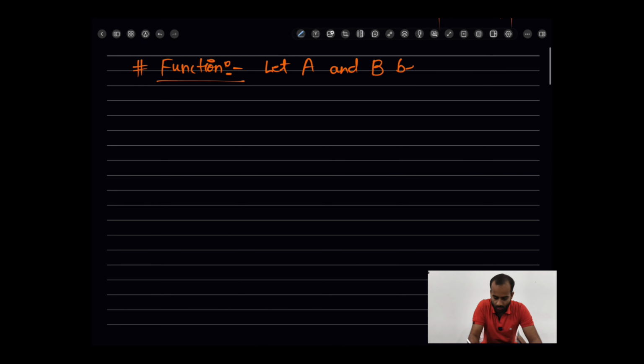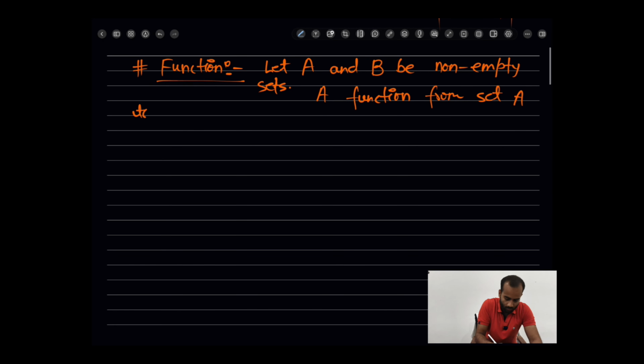So, first, function. If we want to study functions, first we need two non-empty sets. So let A and B be non-empty sets. A function from set A to set B is a